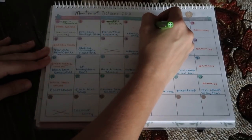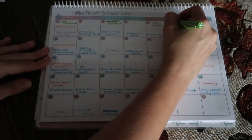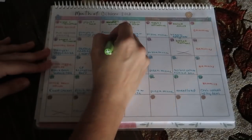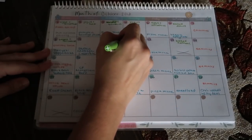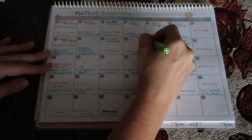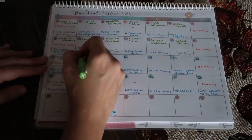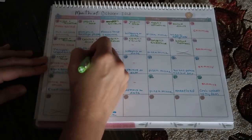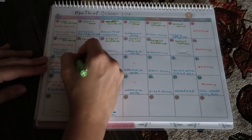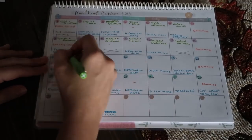So then the kids generally either have leftovers from dinner the night before with a bunch of fresh fruit and veggies thrown in, or what I've started to do for them is I'm actually packing some of their lunches the night before as well, because I noticed that when we're doing school, some of them tend to want to eat a little earlier, some of them tend to want to eat a little later, some of them are really wanting to finish a lesson or finish a book before they eat. So it's actually been a lot easier to do packed lunches for them